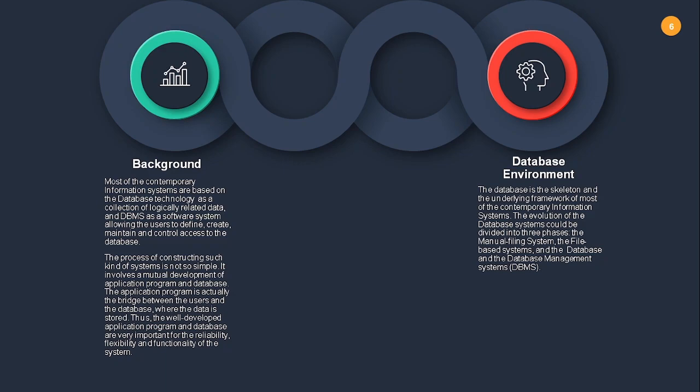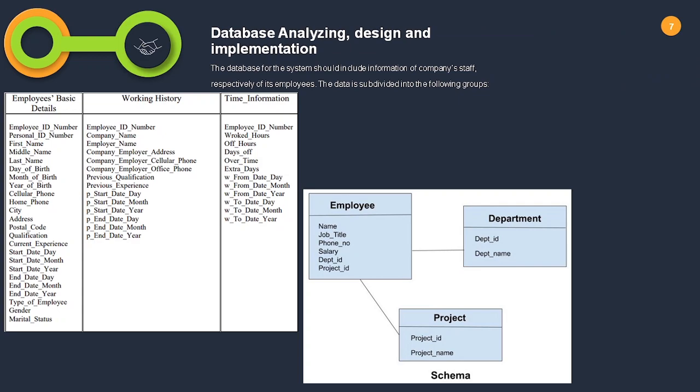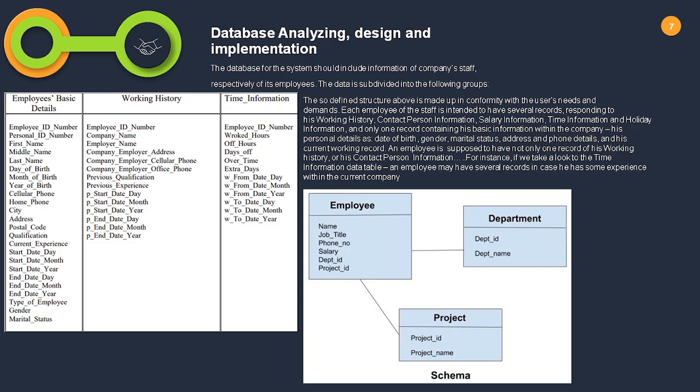Over to you, Jaikishan. Okay, now let's begin with the database analyzing design and implementation. So the database of the system should include the information of company staff, respectively of its employees, and the data is subdivided into the following groups, in which we can see that there are employees' basic details, working history and time information. So each employee of the staff is intended to have several records corresponding to his working history,